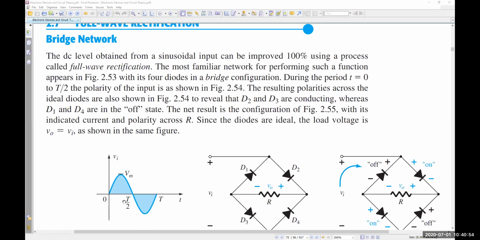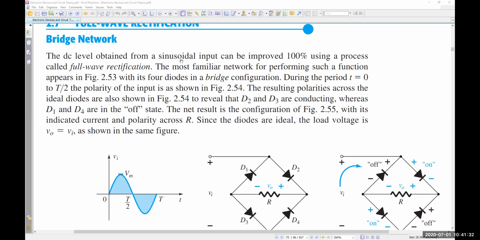But in case of full wave, we will keep these and we will also keep these. But since if we keep these, it will be at the opposite side, we will try to make it inverted. Inverted means it will be here. So our wave will be like this in one direction. When it is in one direction, it is no longer AC, it is DC, direct current. Understood? So let's see how we can do that.